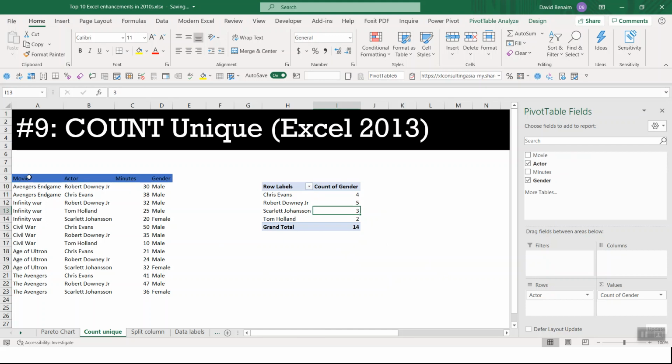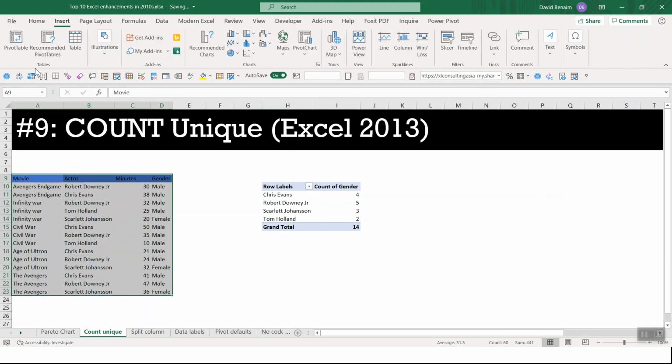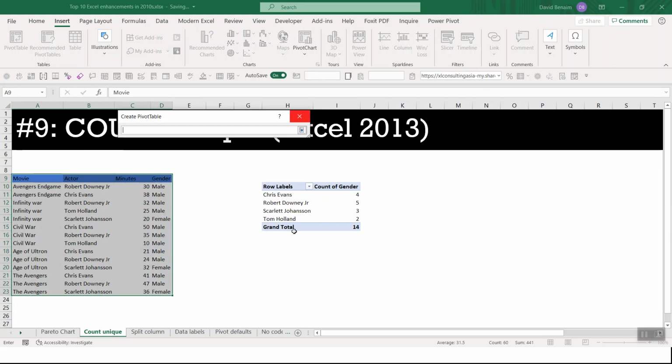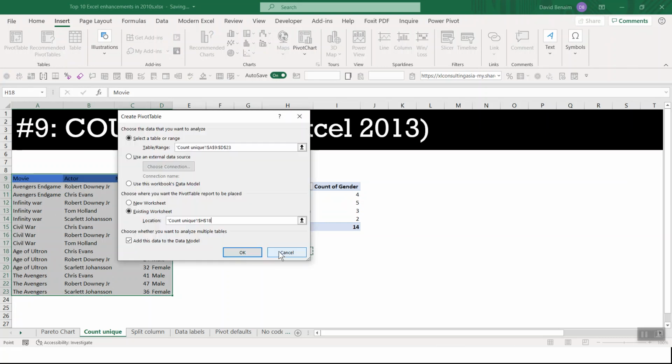Now, in order to get around this, in Excel 2013, they released a feature where you can select your data, go to Insert Pivot Table, and then click this, add this to the data model. Now, we're not going to use the data model's more sophisticated stuff, but we're going to click on that because that's going to unlock a feature that we can't use otherwise. I'm going to put it there,